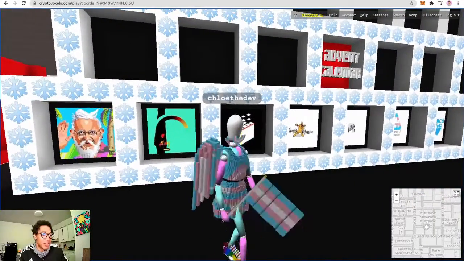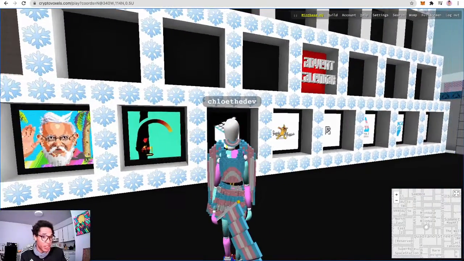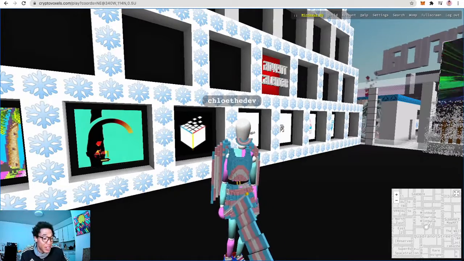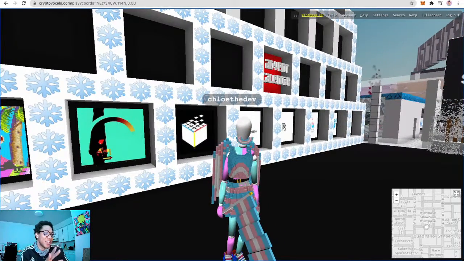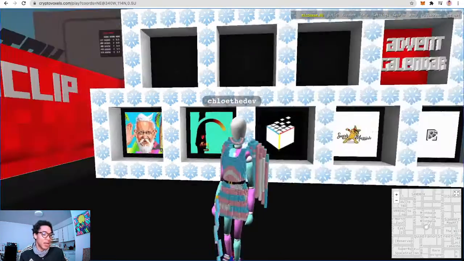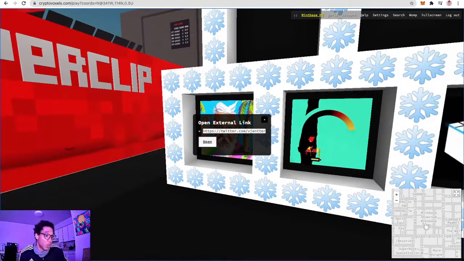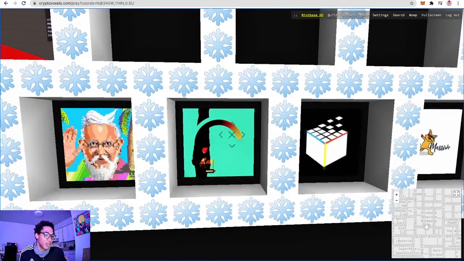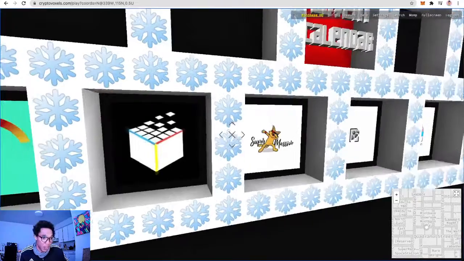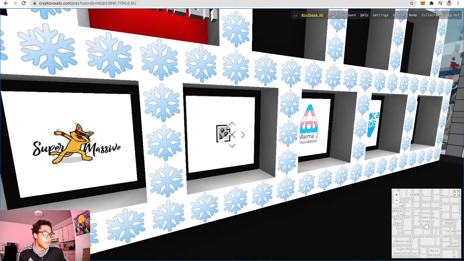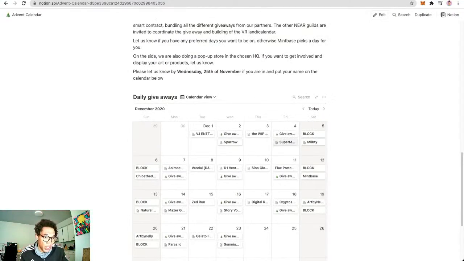Currently, I have a bunch of different logos for each company that's going to be giving away an art piece for the Advent calendar. Not working on that today. Yesterday, for example, I wanted to put some of these artists in here. They go to Twitter for each of the artists, so that people can start walking by, see who's going to be in here, and a link can be nearby. For example, this Advent calendar one was